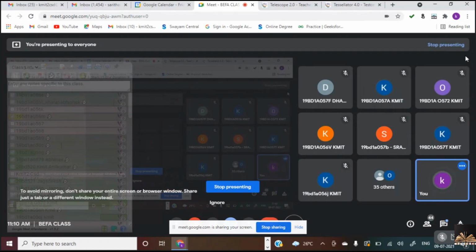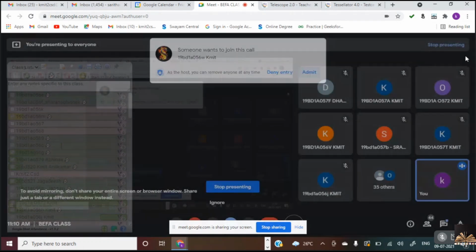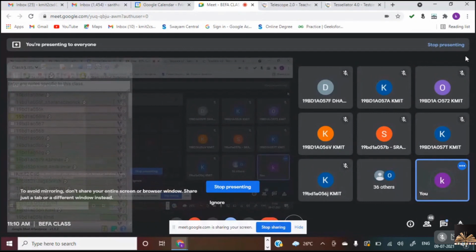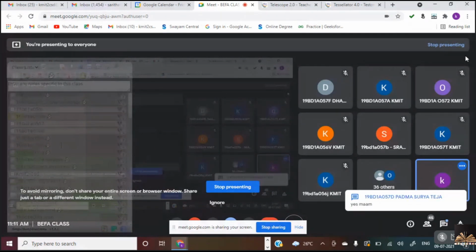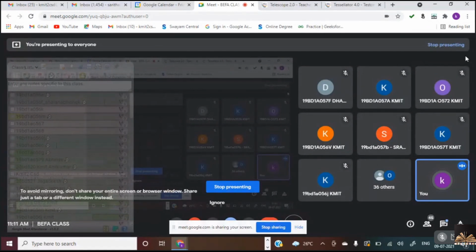Now, first take down the definition of accounting, financial accounting. Definition of financial accounting. Are you ready? Are you ready with your books? Yeah. This is the definition given by the American Institute of Certified Public Accountants, AICPA. The definition given by AICPA,